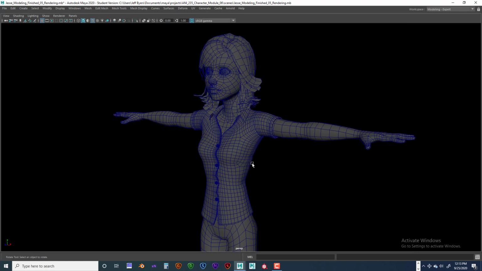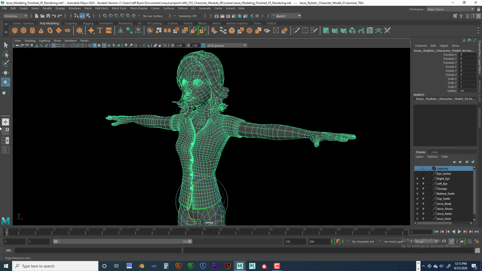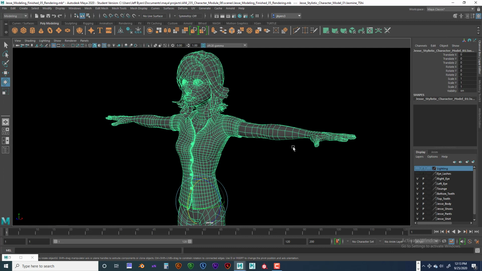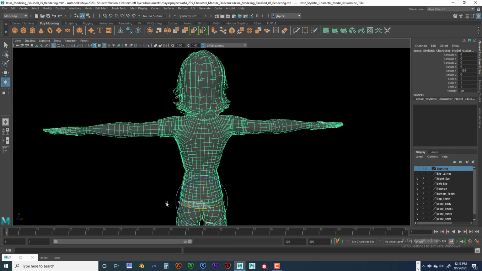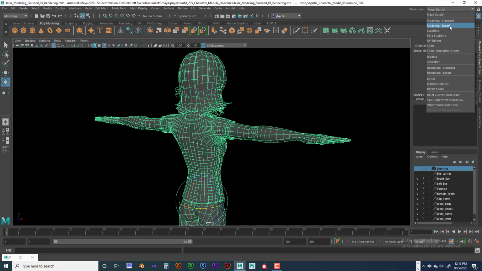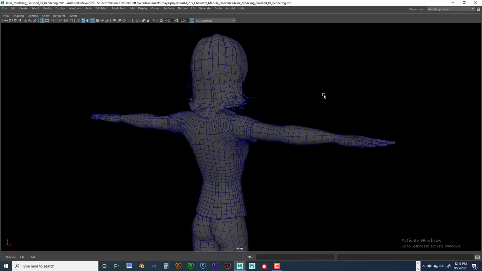And now what we're going to do is flip her to the back. So I'm going to go back out of Expert into Classic. I'm going to double click on the rotate settings, and I'm going to go into Step Snap to Relative so we can snap it around. Okay, so I'm just going to move her like that, and that perfectly snaps around. And I'm going back to Expert mode and click off, and now I've got the wireframe over here, so I'm going to move her just a little bit over to the side, just center her out,